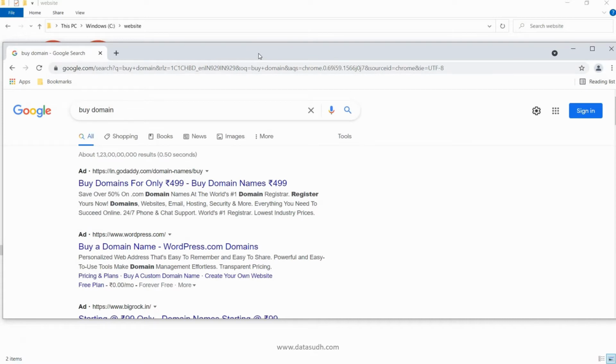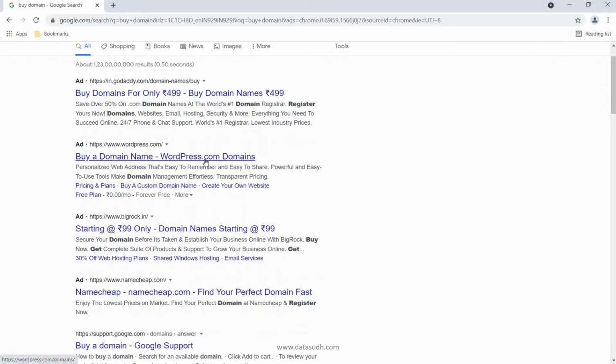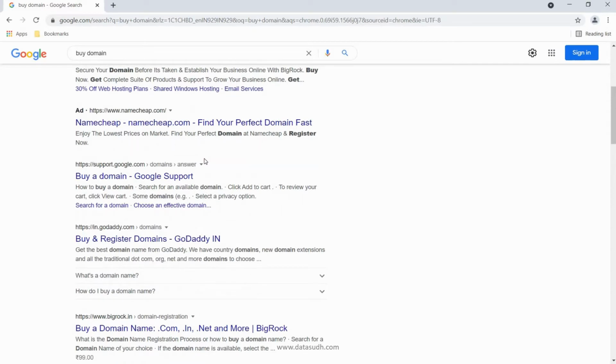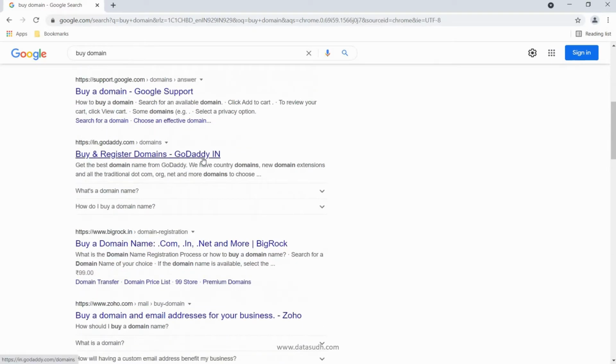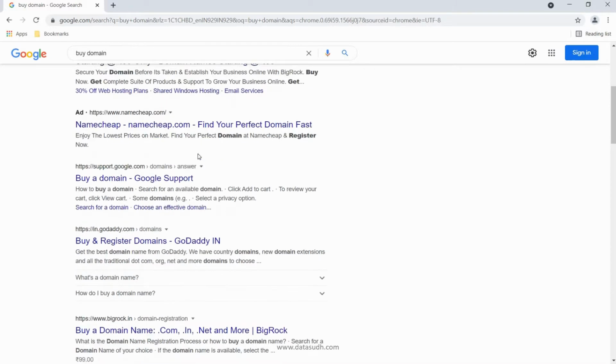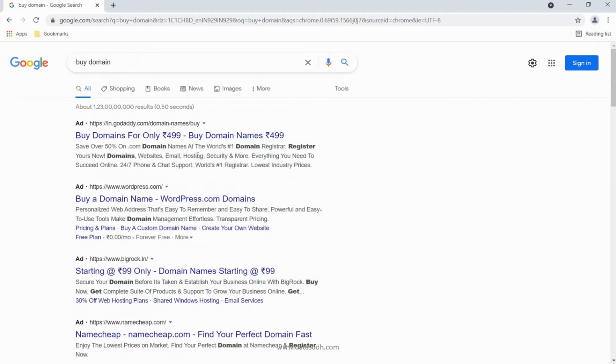And this will give you a lot of options where you can buy a domain. What you see on screen are just different companies which are known as domain registrars. These are the businesses which handle the reservation of these domain names with an assigned individual or a business. They are accredited by the respective registries and they have the authority to sell these domains.